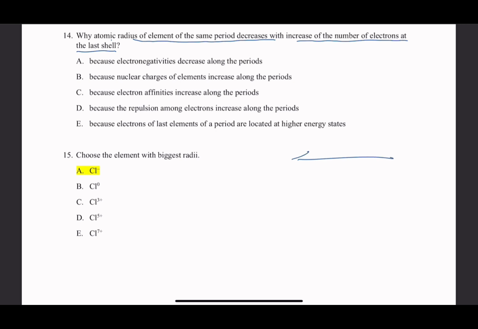Atomic radius in the periodic table increases from right to left and from top to bottom. So you have hydrogen here, and as you go down it starts increasing, like we have a bigger one here. The reason is you have more electrons,